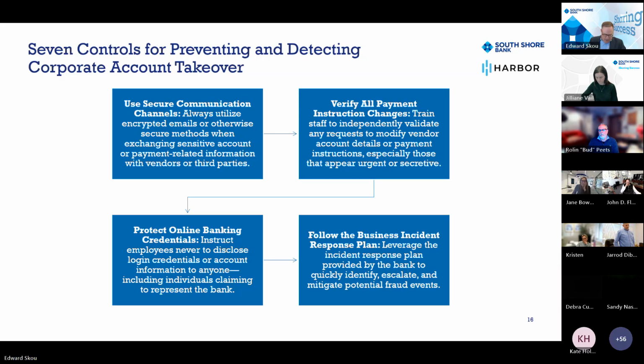And then the other piece is you want to create a business response plan. We'll provide you an outline for that as one of our resources on our resource page. And really, it'll provide you the steps you need to take if you have an issue related to email credentials or online banking credentials. What is it that you need to do in order to address those and prepare for the next steps on that? So let's see, I think the next page we go to